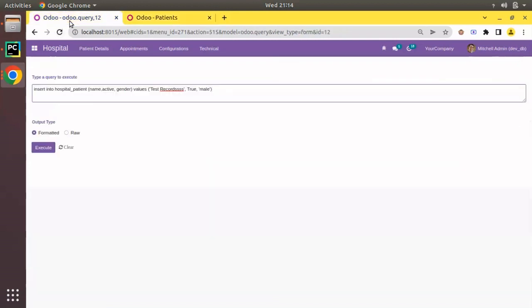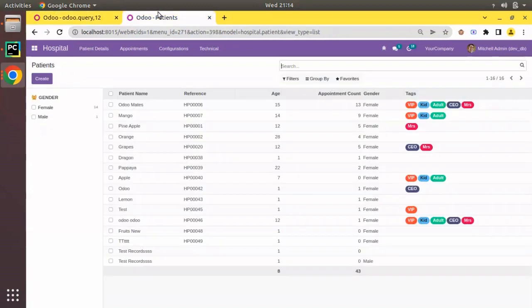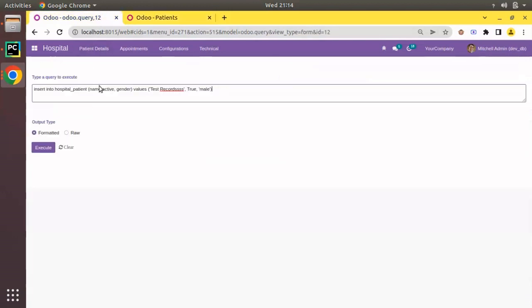Now what we will be discussing is about delete query, how to delete a record from the database. So currently we have created two records, that is test records and test records. So let me delete this using a query. So if I come here and remove the query and write a delete query, delete from which table we have to delete, from hospital patient,